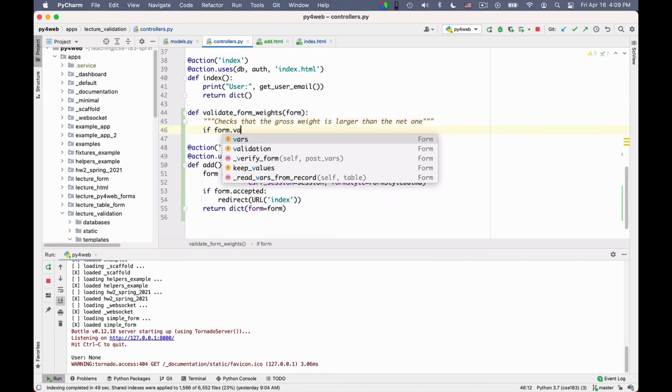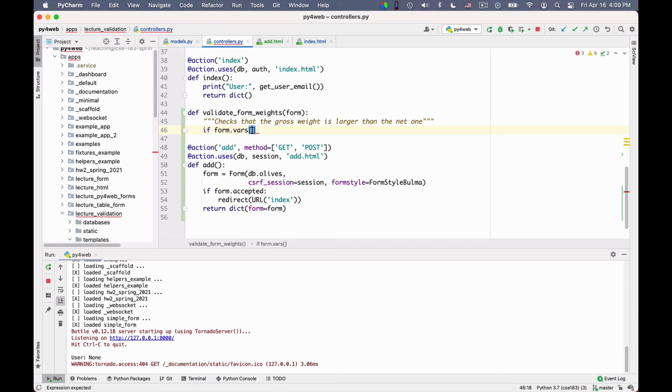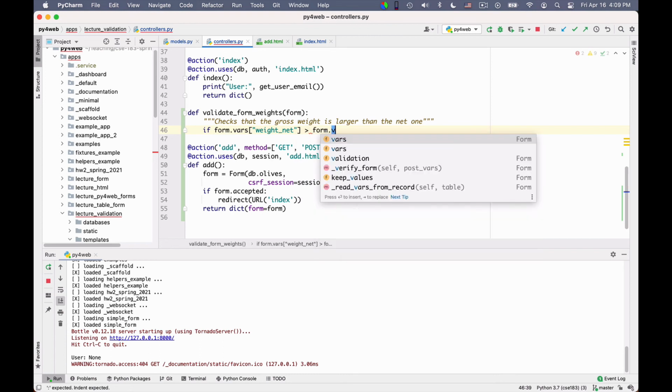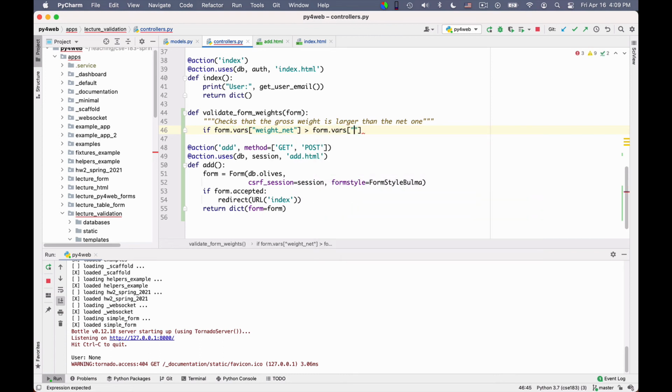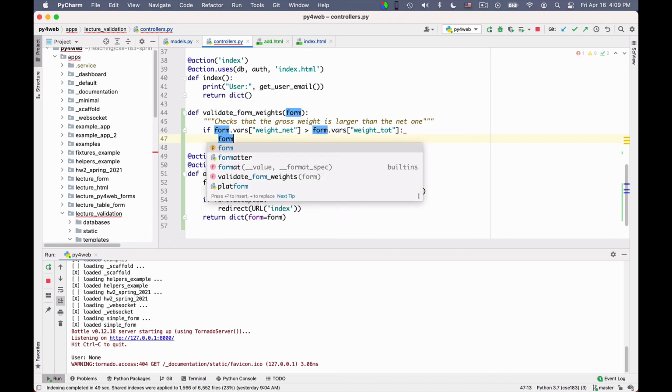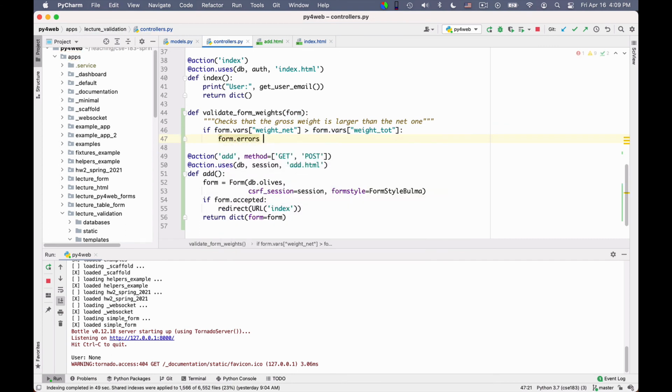If form.vars, the values in a form are in this vars dictionary. So I can say if form vars weight net is bigger than form.vars weight gross, we called it. Okay. So in this case I have an error. And I can say form.errors. And I need to decide to which field I attribute the error.